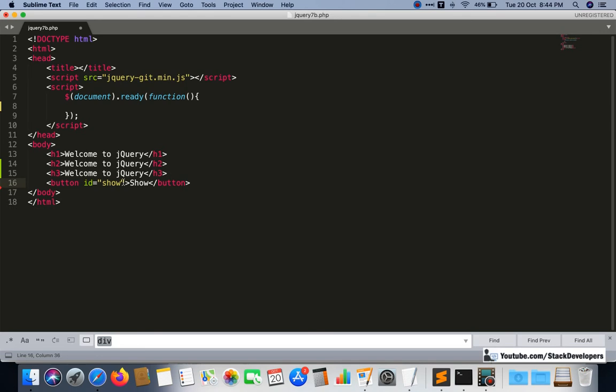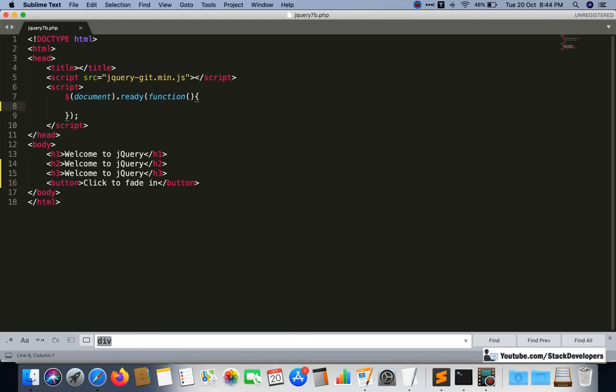I will give this button the text click to fade in. I am not giving an id to the button. We will just pick one button we are going to use, so no id is required.